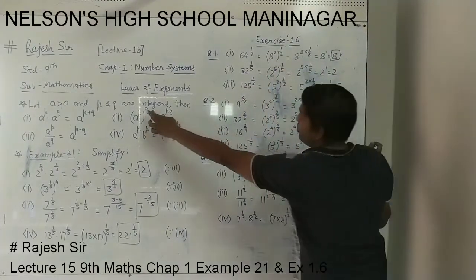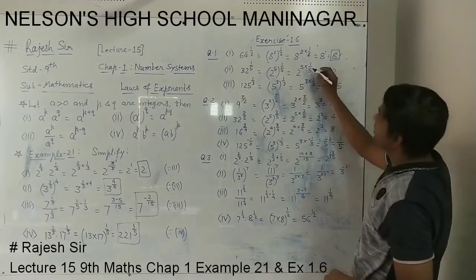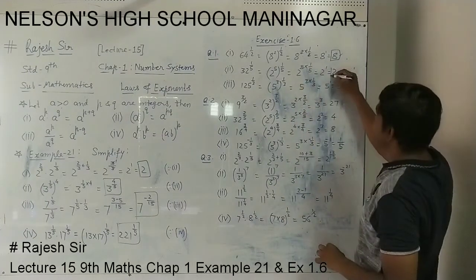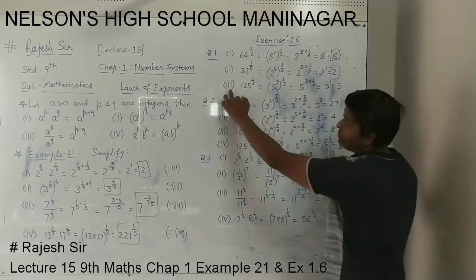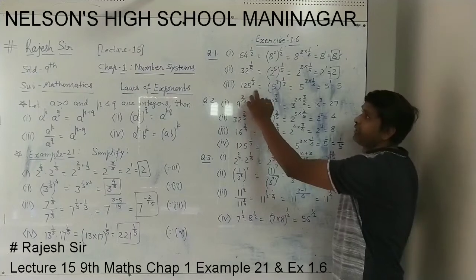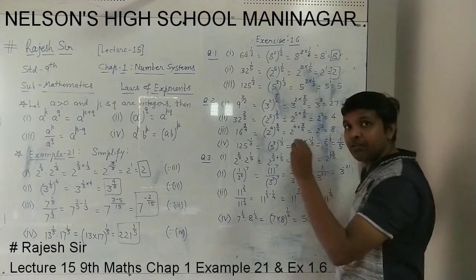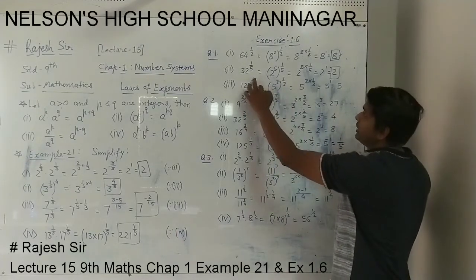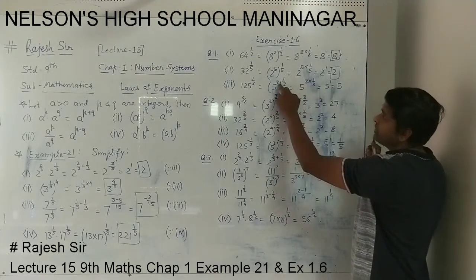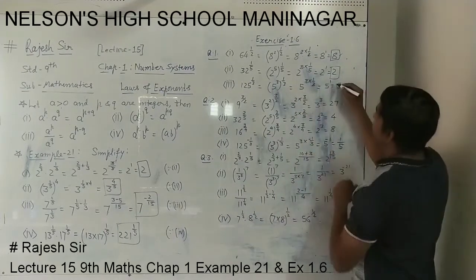Again the same rule, power of power multiplied. 2 raised to 5 into 1/5 we can write. So 5 up and down cancel. 2 raised to 1 remaining is 2, the answer. Similar with the third one, 125 whole raised to 1/3. In place of 125 we can write 5 raised to 3, because 5 raised to 3 means 5 5s are 25, 5 25s are 125. So 5 raised to 3 and the power 1/3 as it is. Again power of power rule, 5 as it is, 3 into 1/3, 3 and 3 up and down cancel, 5 raised to 1 remaining, and that means 5.